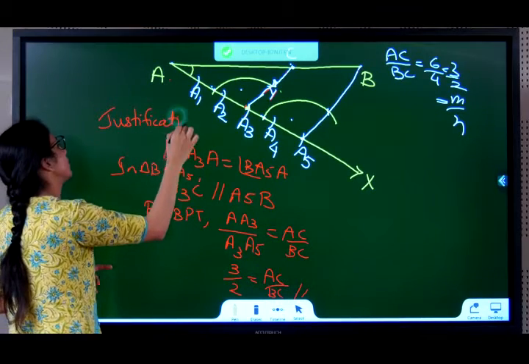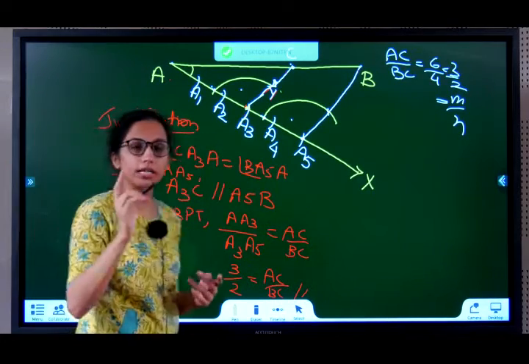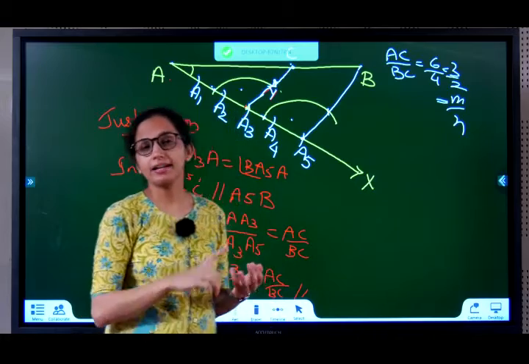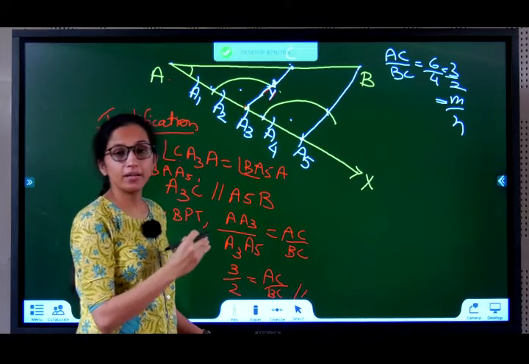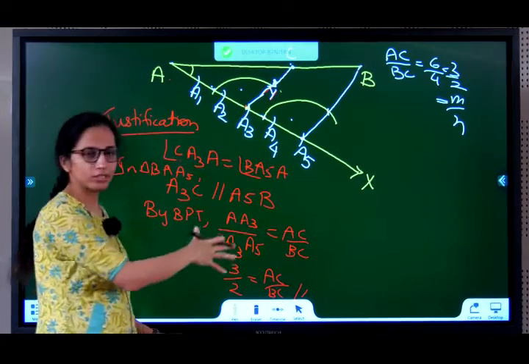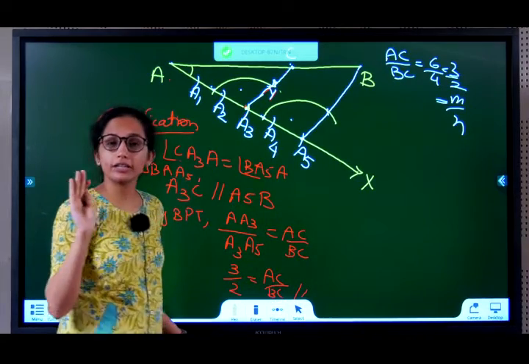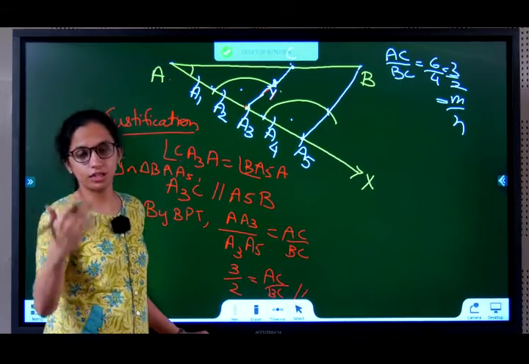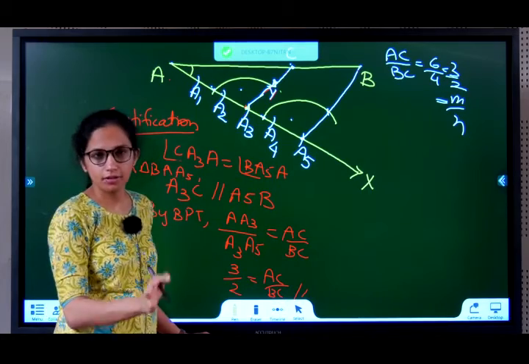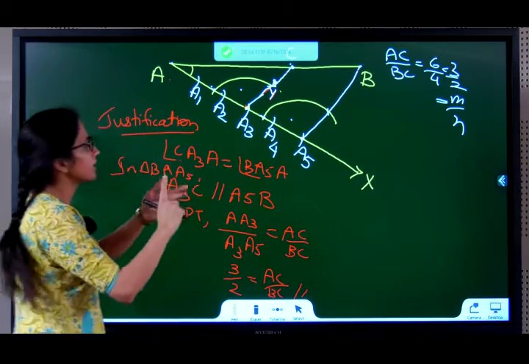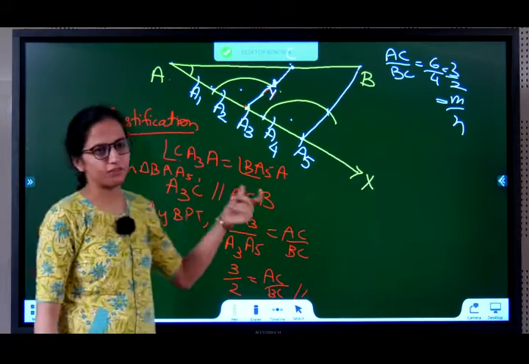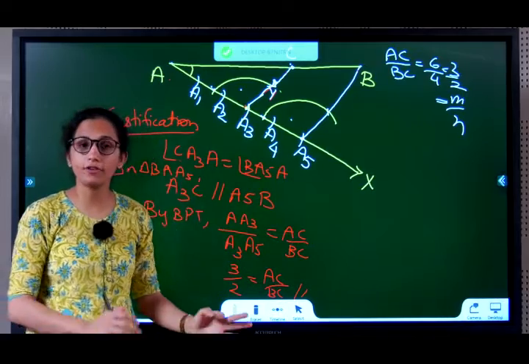So what all do we need to know? We need to know how to construct, we need to know the steps of construction and the justification. In my videos, I will not be writing down the steps of construction, I'll only be saying it. You can either note it down or it is also given in the notes section. You can refer to the notes section and see the steps of construction. That is also fine. So construction, steps of construction and justification. 3 things that you need to know for every problem.